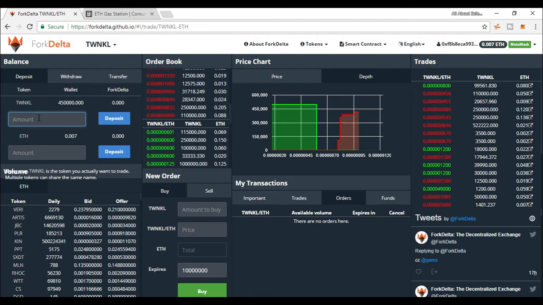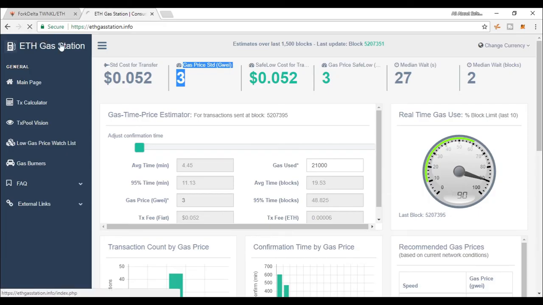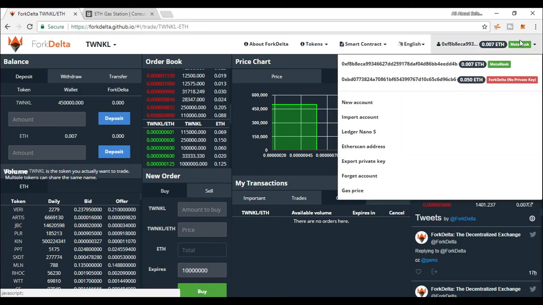At this point, we go to ethgasstation.info and check the price. Maybe you can take the average of standard and safe low prices and save it as the gas price to be used.